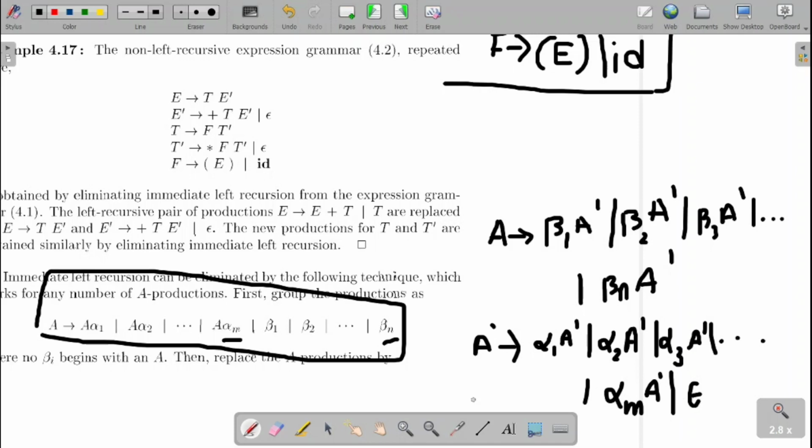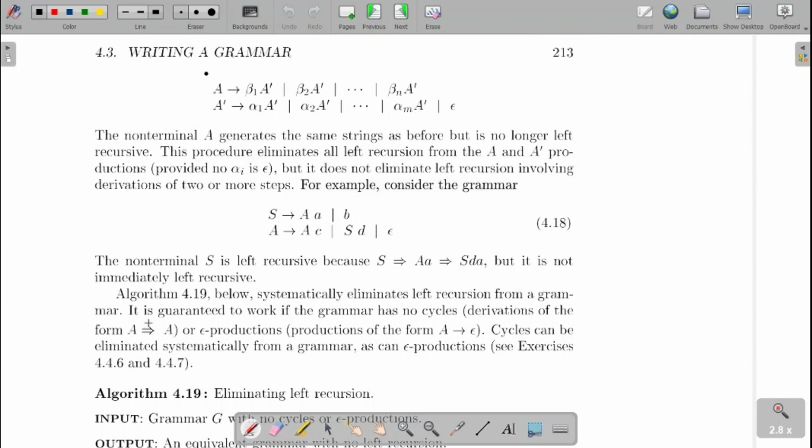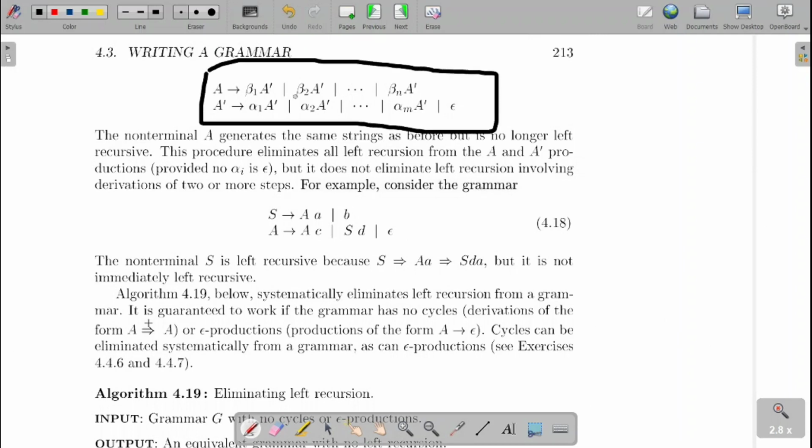Fine. So this is how we handle the left recursion if we have multiple productions having left recursion. Fine. So now let us consider the next example. So this is the result I wrote in the previous slide. This is how we handle left recursion when it is immediate. So till now we have not come across indirect left recursion. Now let us go for the indirect left recursion. What is that indirect over there?